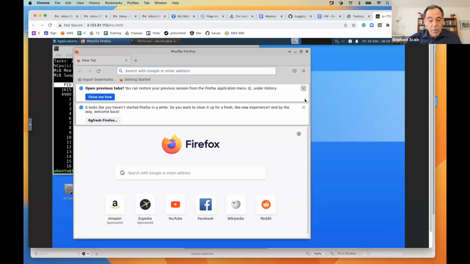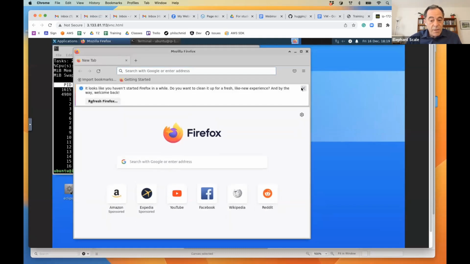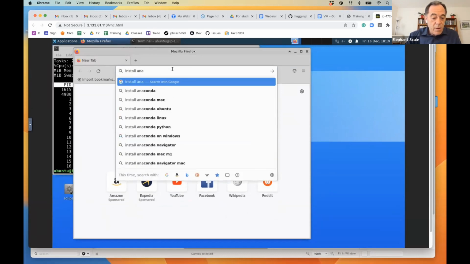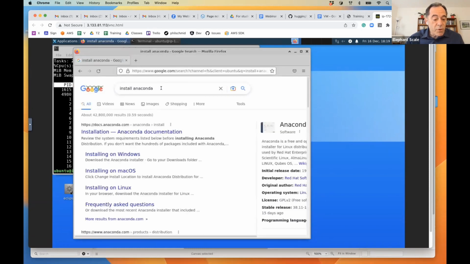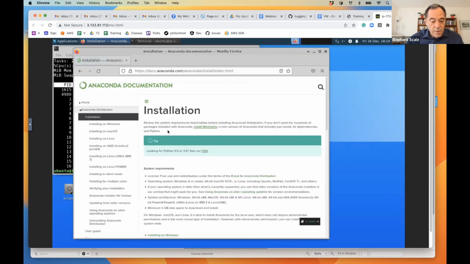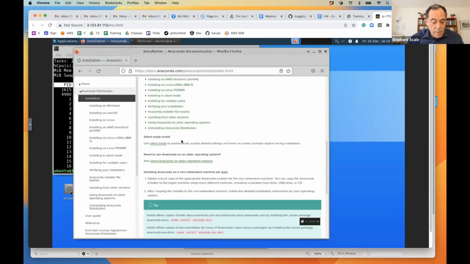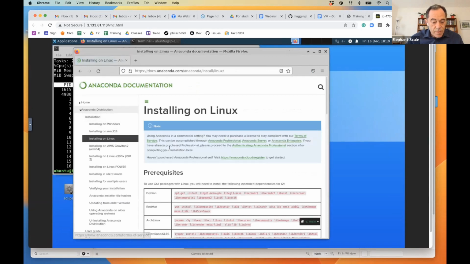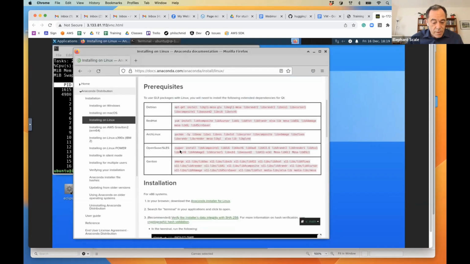I don't need all these, but I need to search for install Anaconda. I think I don't have to say that it is Ubuntu because it should know that I'm on Ubuntu. Let's try that. Install on Linux, Debian.